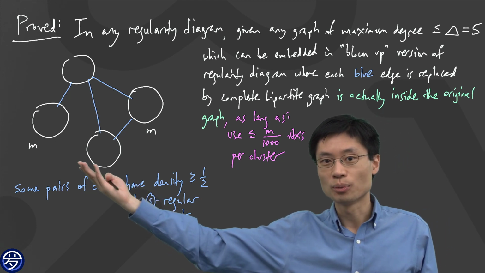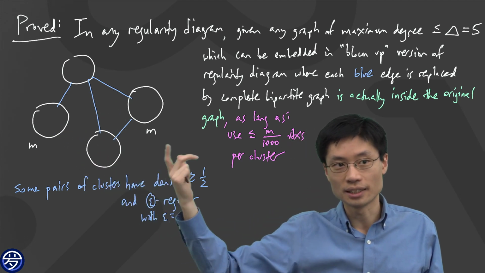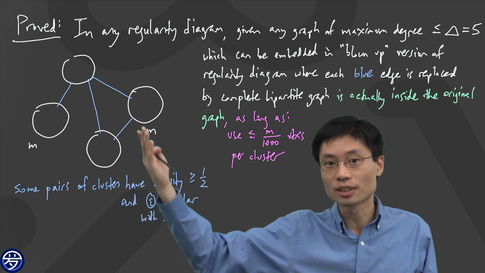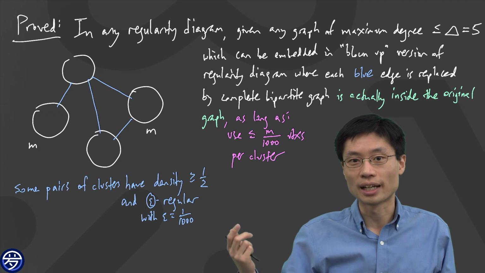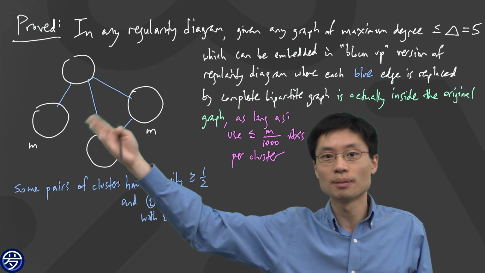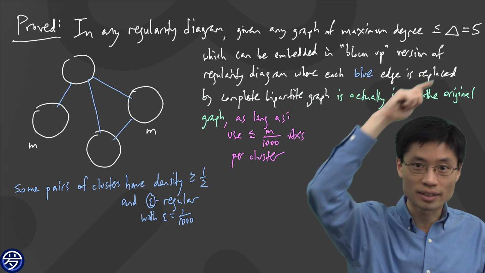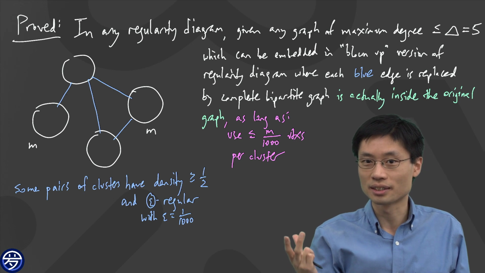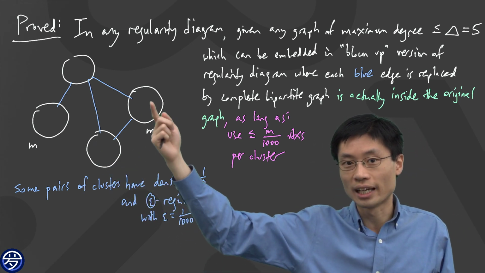Where this came from was that originally I did something where every single pair had density at least the little delta, which is a half, and also every single pair was epsilon regular. Now, what we ended up doing is trying to find out under what conditions you can put some bigger graph inside, as long as I enforce that the bigger graph has a bounded maximum degree. And so if that capital delta is 5,